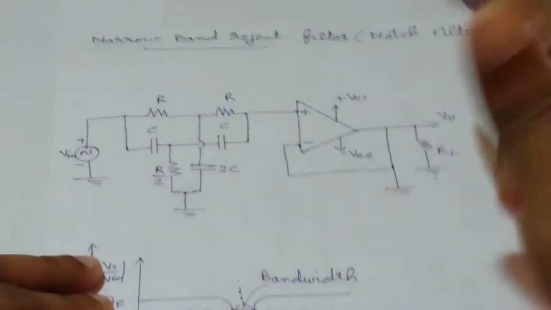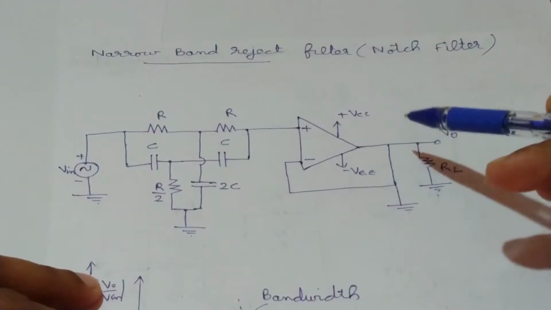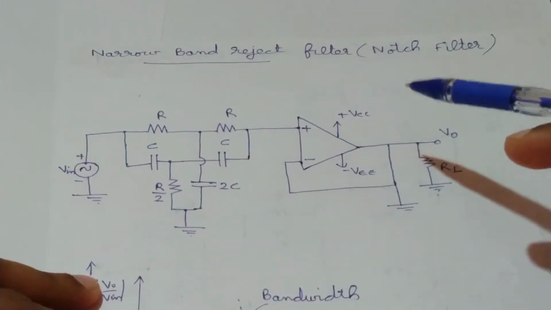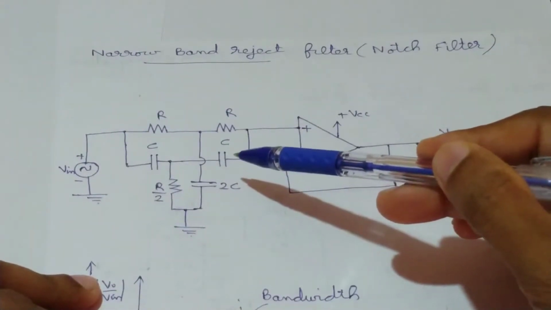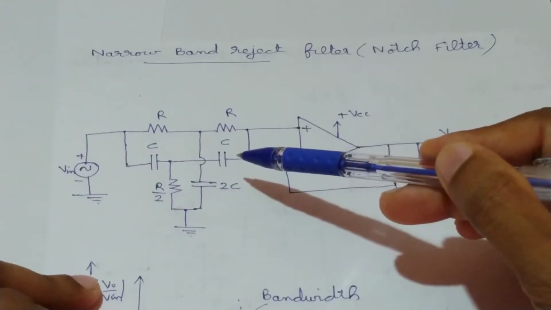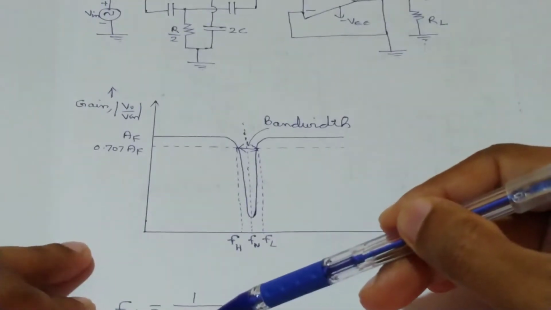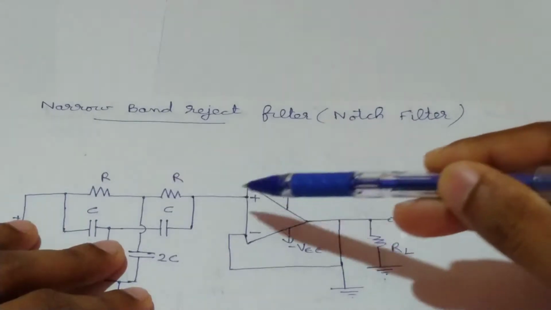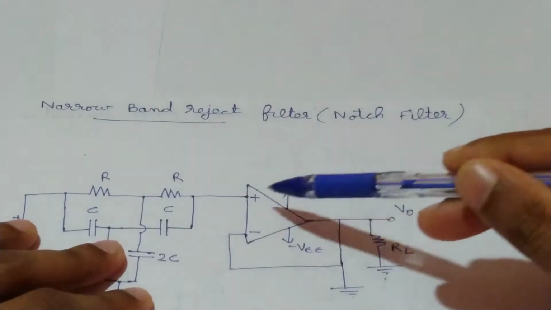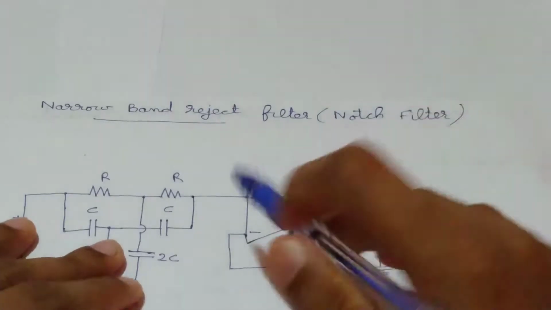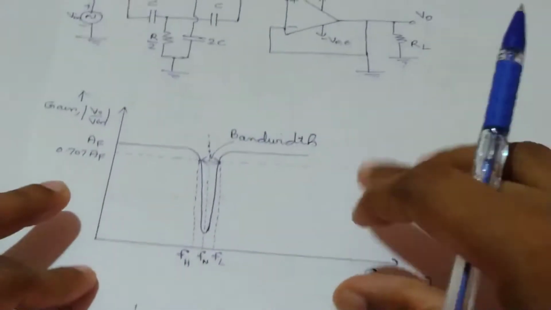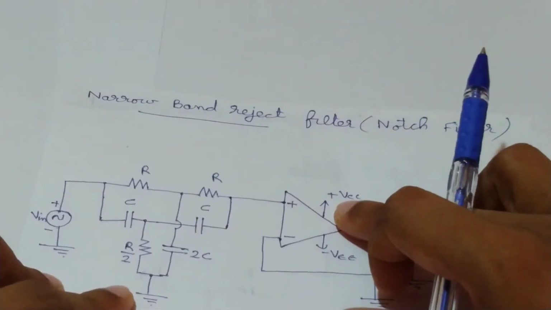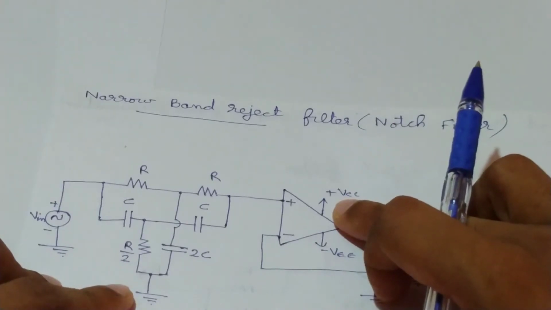Now to design this active notch filter for a specific notch out frequency Fn, choose the value of C as less than or equal to 1 microfarad and then calculate the required value of resistance R using this equation. Here this op-amp section is a voltage follower section, so there is no additional design for this section. We need to design the twin T network properly by using this equation. And this voltage follower is used to improve the figure of merit or Q value.